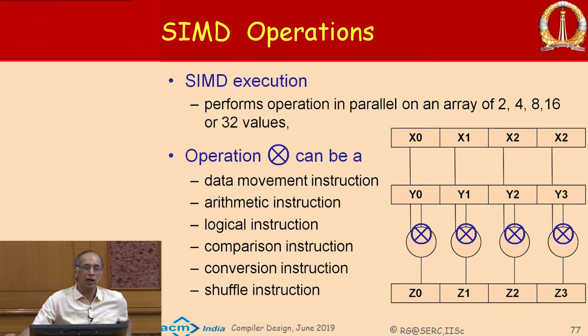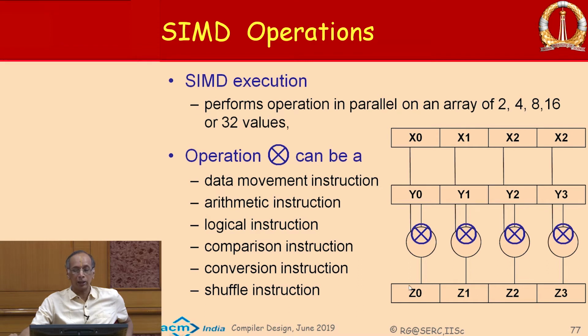Let us assume I have a register which is 128 bits long. So, I have a set of registers which are 128 bits long, and let us say my operations have kind of shifted, and I have 4 functional units which can perform operations. Then what I can do is take some parts of x naught and the corresponding part of